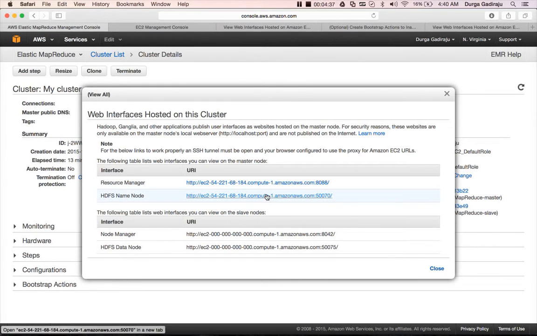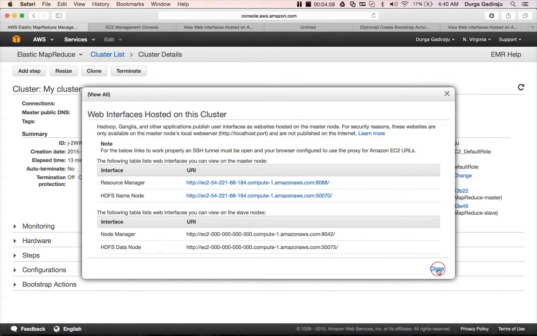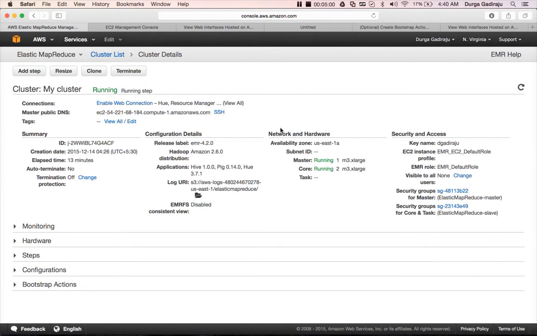Anyway, first let us validate whether these URLs are working or not. You can click on this to go to the name node web interface, but if you see, it is hanging. The reason it is hanging is the ports are blocked using something called security groups. How to monitor the security groups? When the cluster is up and running,